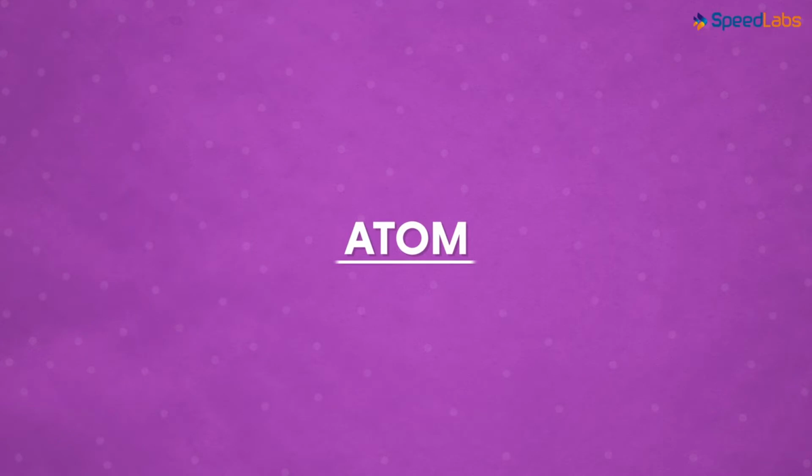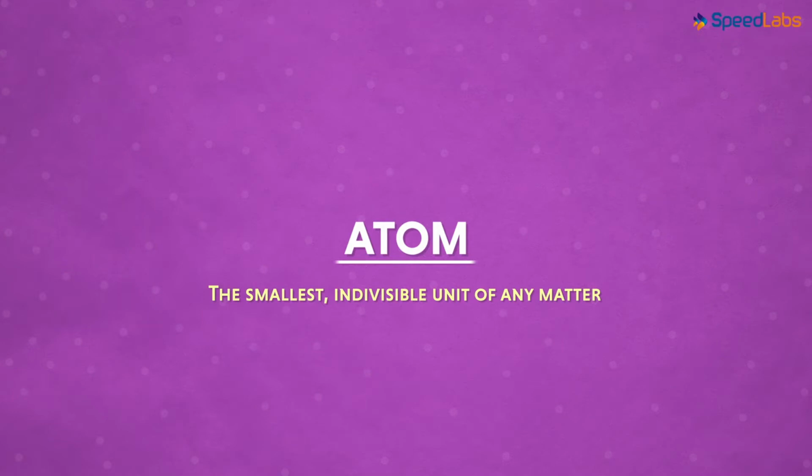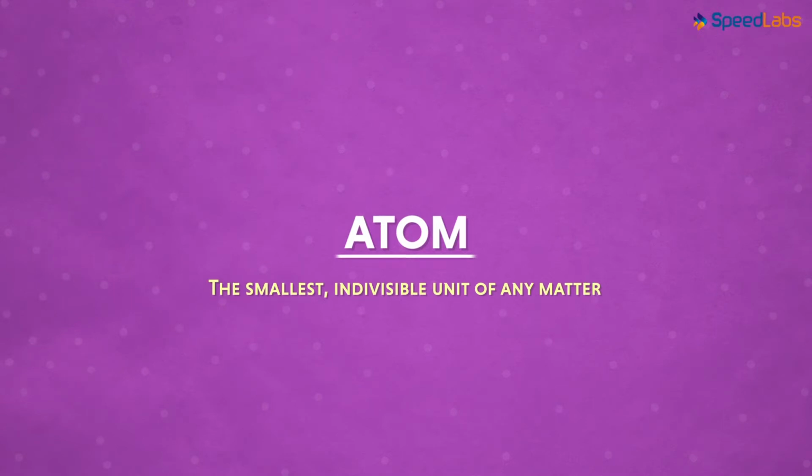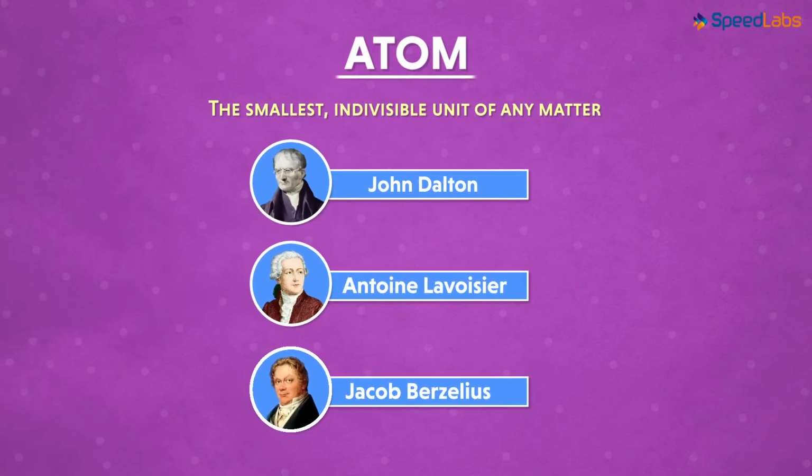How do we define atoms in simple words? We define an atom as the smallest indivisible unit of any matter. So are we saying that atoms cannot be divided further? Maybe yes. Or there may be even subatomic particles existing in it. But how do we get to know about these? Thanks to the pioneers in chemistry, there were several experiments performed which gave us excellent results to study the atoms